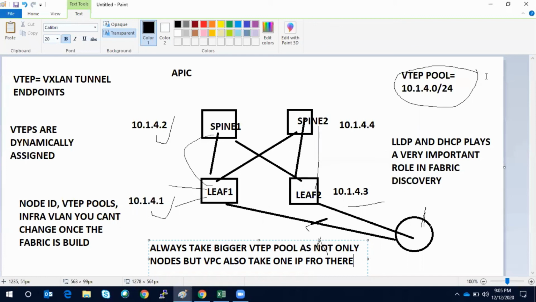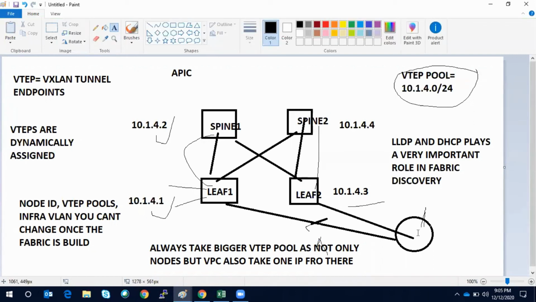So the IP address which it is assigning from this pool is nothing but a VXLAN tunnel endpoint address, and these are dynamically assigned. You don't have any control on that actually. For this assignment, the UCS C series server or EPIC acts as a DHCP server.